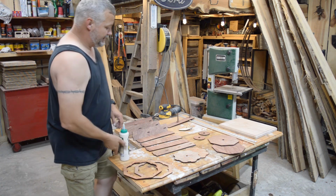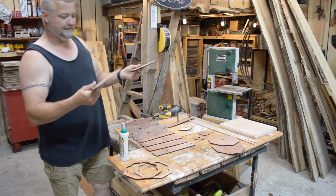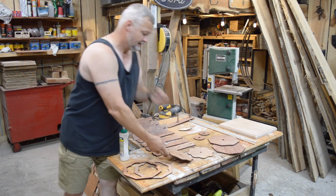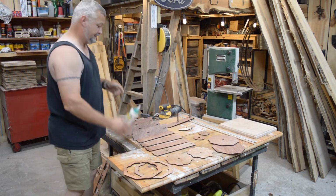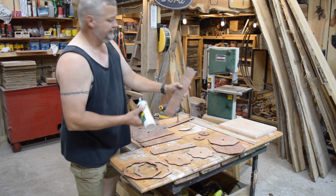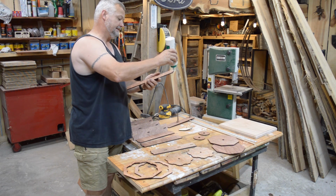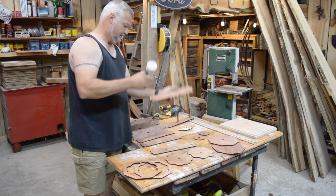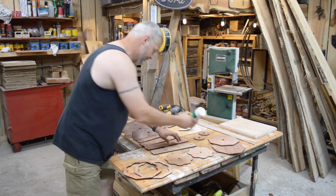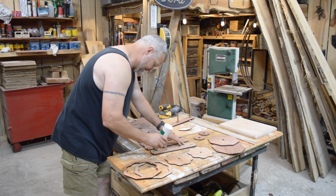So the way that this thing works is these panels all connect to this. This is the core piece that holds all this together. And so the first step is each one of these little panels, they all have these little dog ears that come off the bottom of them, and that contacts that center panel. So what you've got to do is put just a small amount of Titebond 3 there,